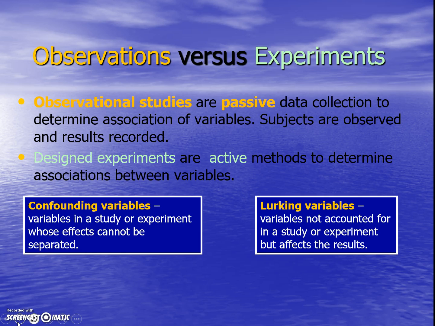example. It says researchers wanted to determine the long-term benefits of the influenza vaccine on seniors aged 65 and older. The researchers looked at records of over 36,000 seniors for 10 years. The seniors were divided into two groups. Group 1 were seniors who chose to get a flu vaccine, and Group 2 were seniors who chose not to get a flu vaccine. After observing the seniors for 10 years, it was determined that the seniors who get flu